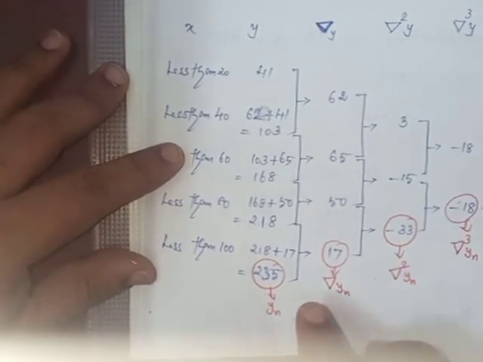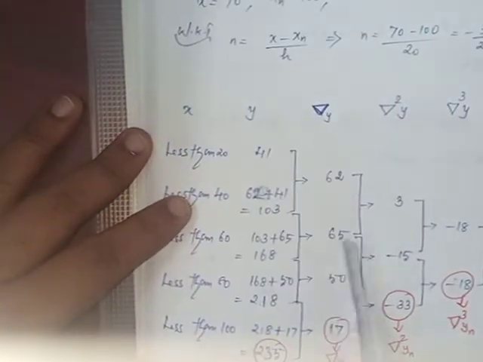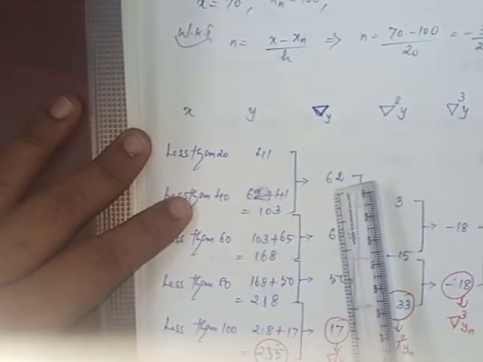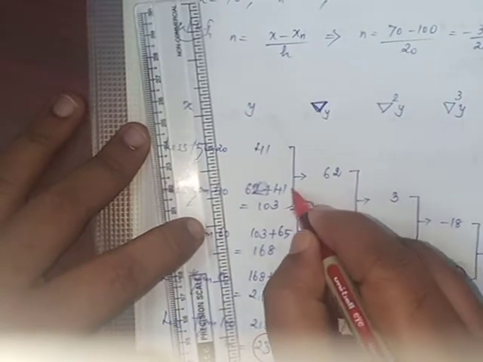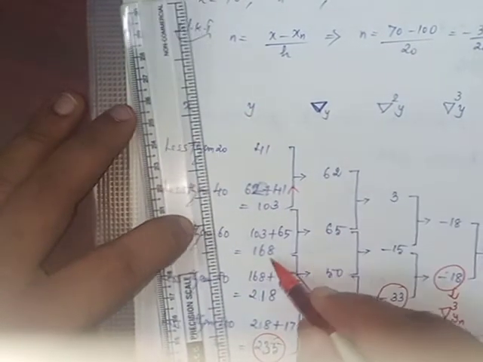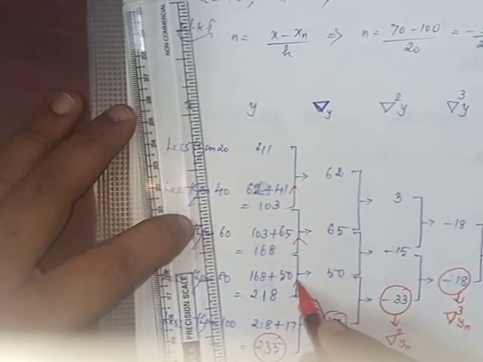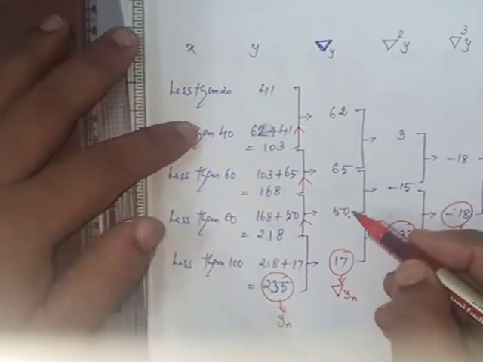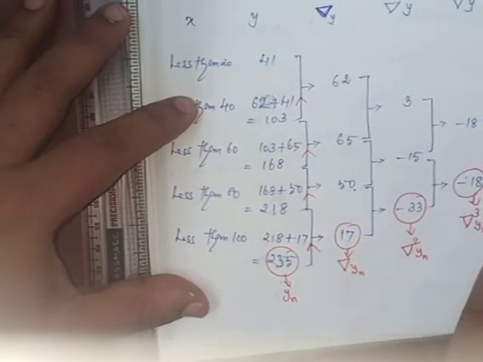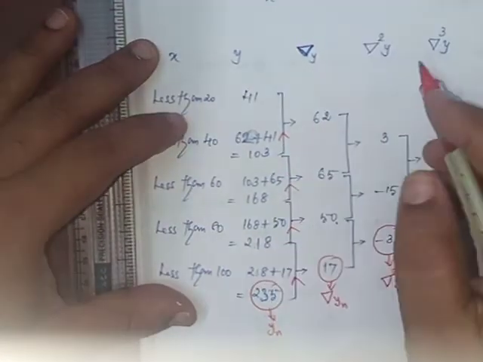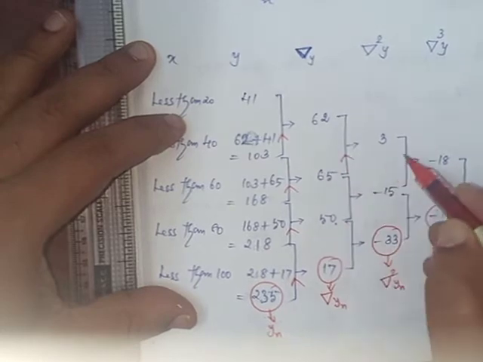Okay. Now Δy is equal to 103 minus 41, that is 62. In this order you have to subtract: 103 minus 41, then 168 minus 103 is 65, 218 minus 168 is 50, then 235 minus 218 is 17. This is Δy. Now Δ²y is equal to 65 minus 62, that is equal to 3,